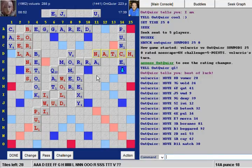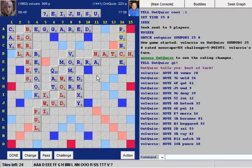If I'm only sacrificing 4 points to do this, I'm just going to do this. Okay, and I draw the blank, so the setup doesn't really end up mattering that much. I do have my jupe for 63, and if that stays available, it's probably what's gonna go down. But